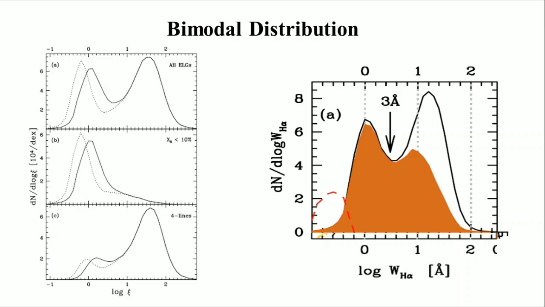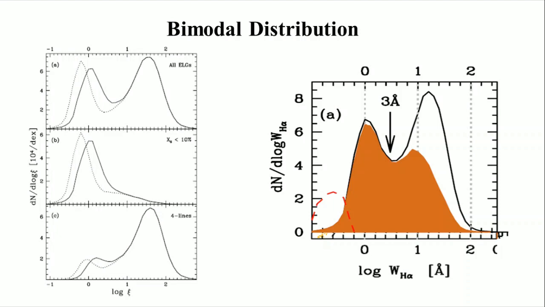So what the authors did is they plotted sources denoted. If you look at plot b, it is given as X8 less than 10%. Basically what it means is that less than 10% of the galaxy is contributing to stellar population which is younger than 10 to the power 8 years. So basically what they are saying is the population is dominated by older stars.